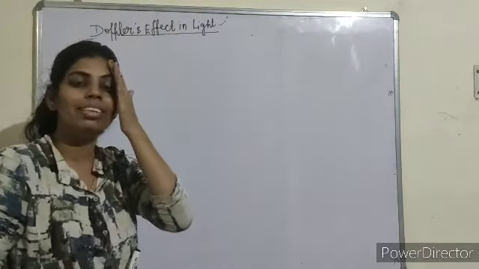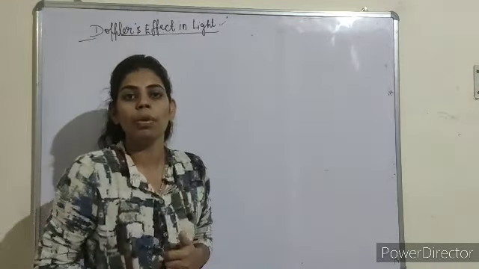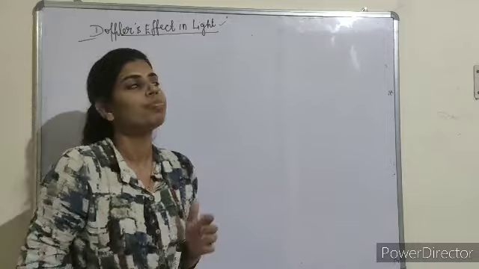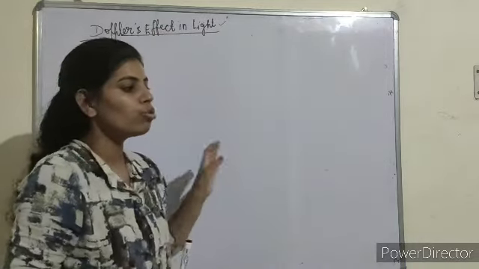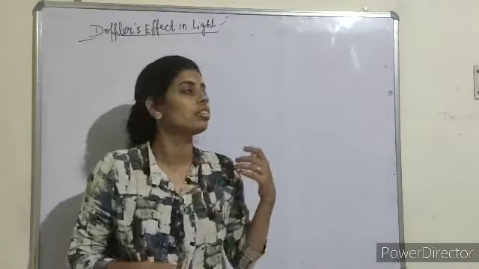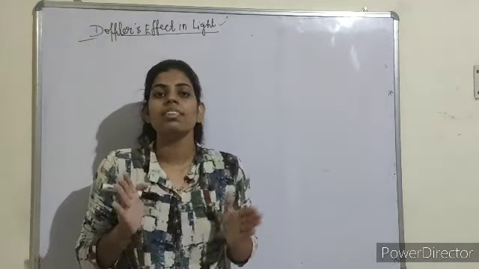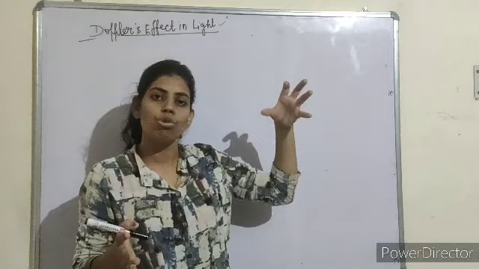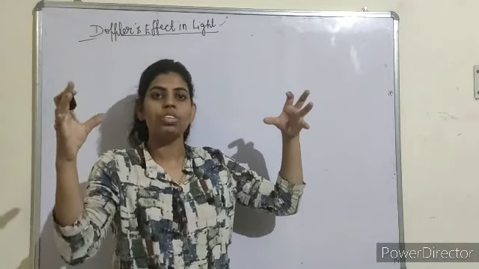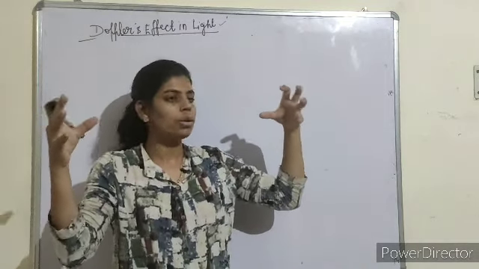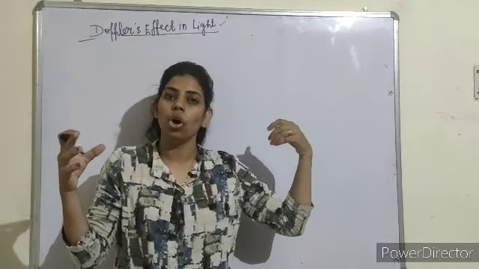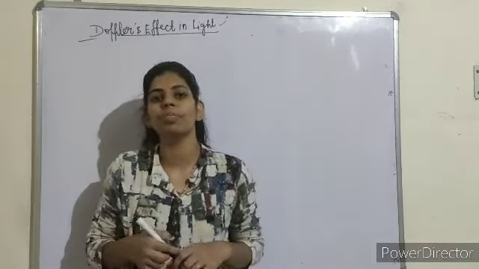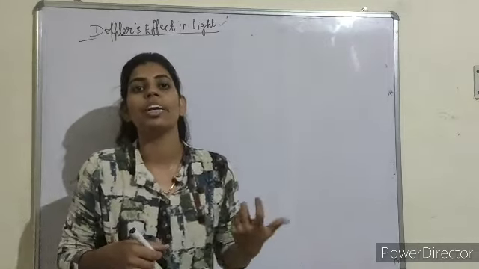Light. You know, in 11th class we have studied Doppler's effect in case of sound. We are studying today Doppler's effect in case of light. So according to Doppler's effect, whenever there is relative motion between the source of light and the observer, the apparent frequency received by the observer is different from the actual frequency emitted by the source